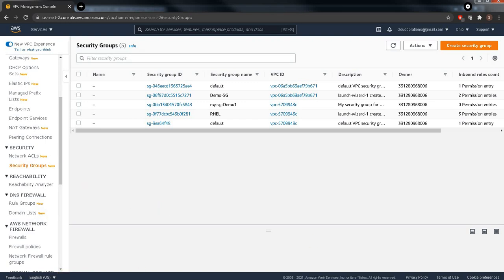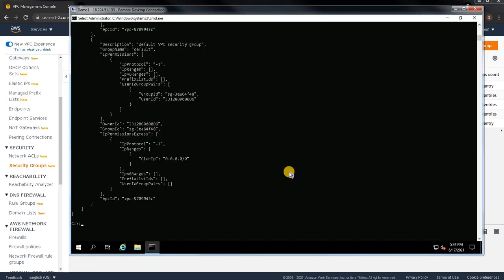Okay, so now let's move ahead. Go back again to the command prompt. Now if you want to see the public IP, whether you are on a Windows instance or Linux instance, and want to see which public IP you are using, you can use this command: https://checkip.amazonaws.com. There are multiple commands, so this is one of them.